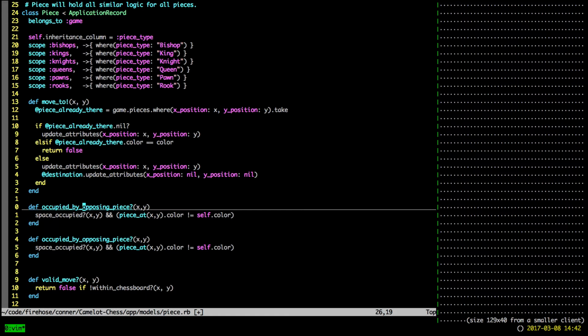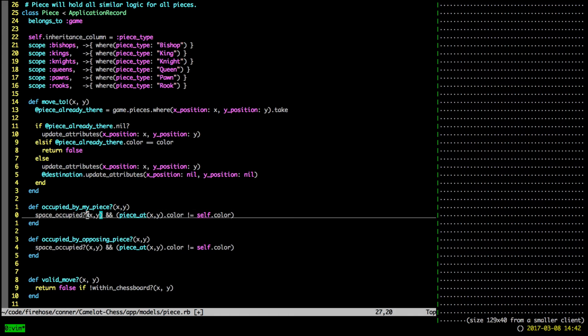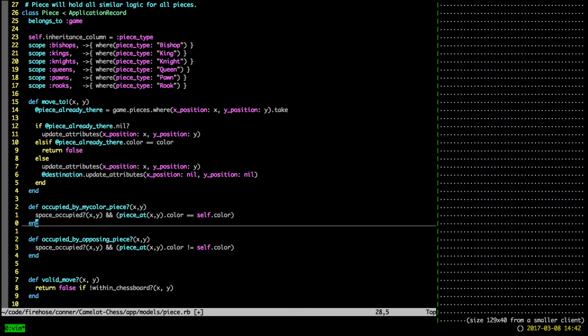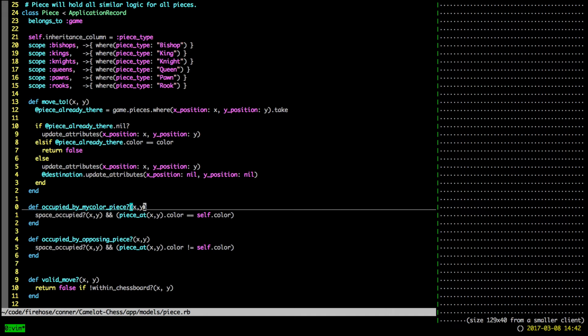occupied by my piece. Or what? Yeah. Good enough, right? My color piece, or yeah. Okay. My color piece. Space occupied and there. Okay, and then the other one will be